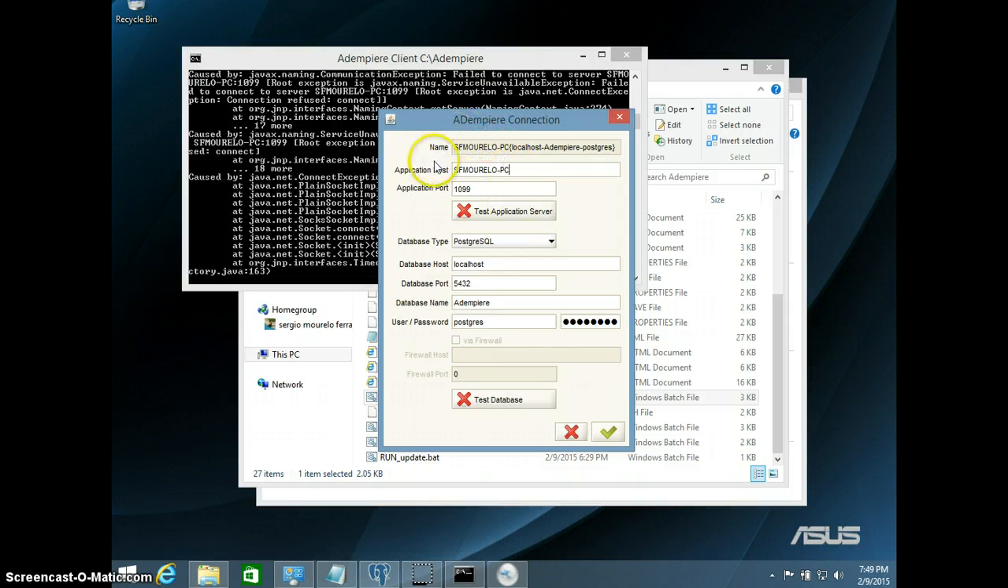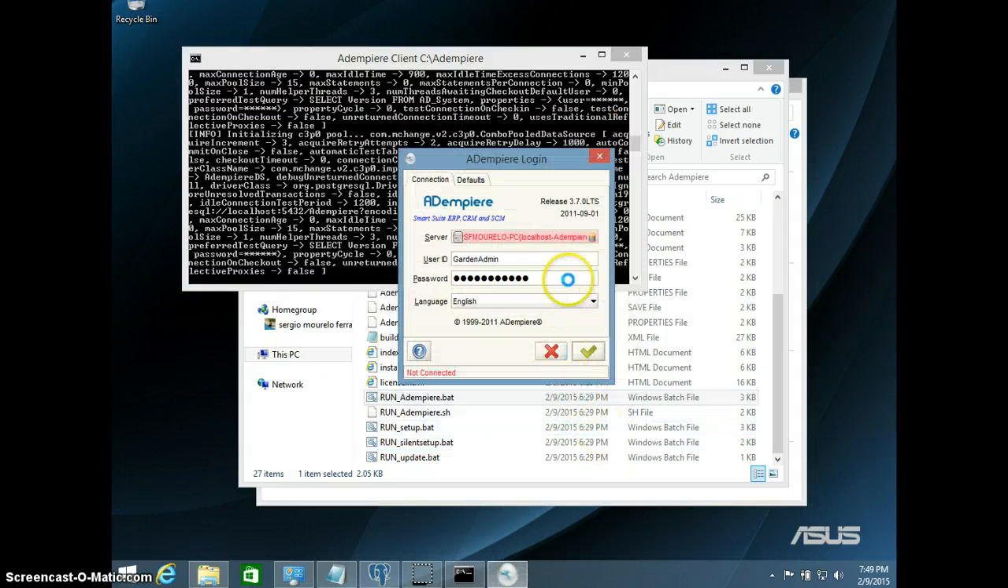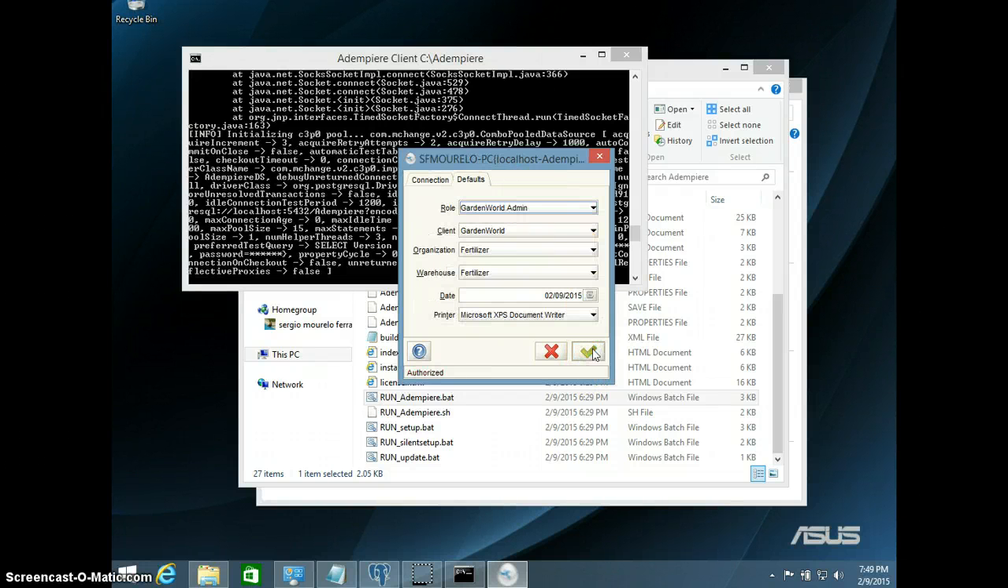Here we want to make sure we have the name of our PC. We need to put database PostgreSQL, database host localhost, database port 5432, database name is gonna be Adempiere, and then the username for me is Postgres, and also my password is Postgres. We can test the database and make sure this is right, so we'll just click over here the check mark. And now we are ready to click over here, and